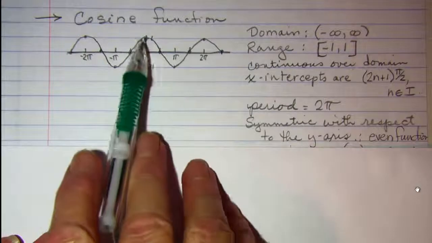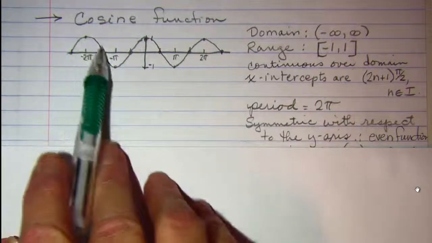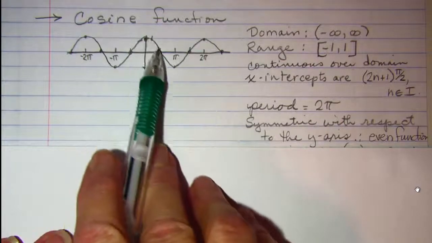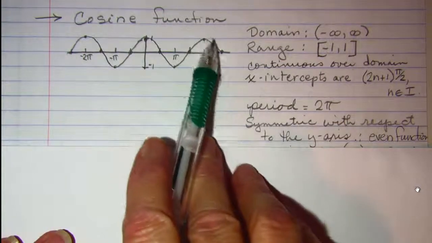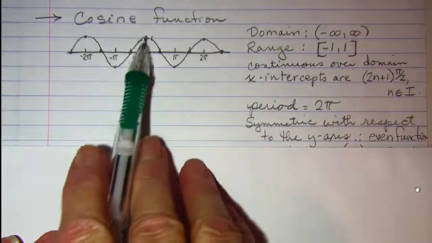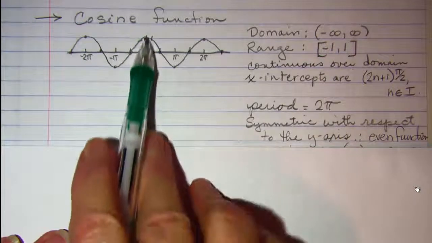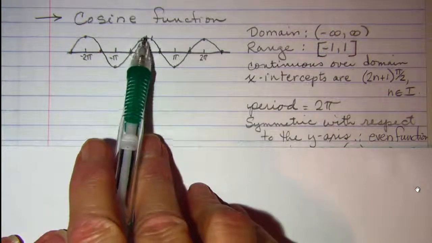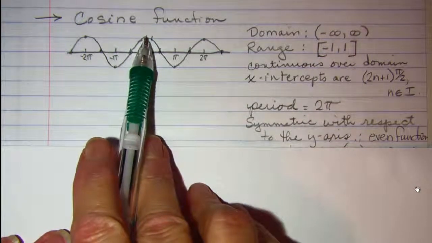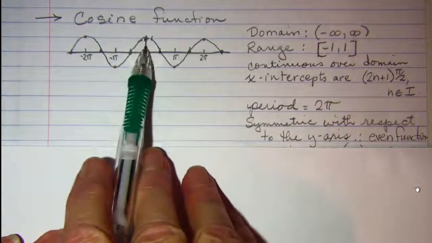The cosine curve is similar to the sine curve in that it's a smooth, continuous roller coaster type curve. The cosine curve, however, if we look at where it hits the y-axis, it starts here at positive 1. Remember, the sine started at 0. So the cosine curve starts